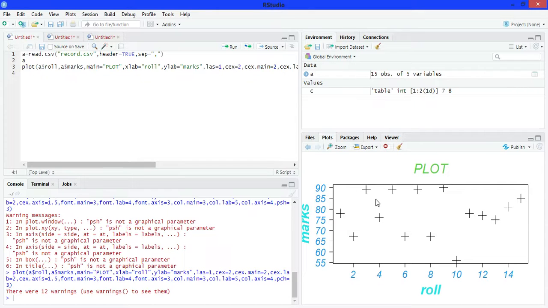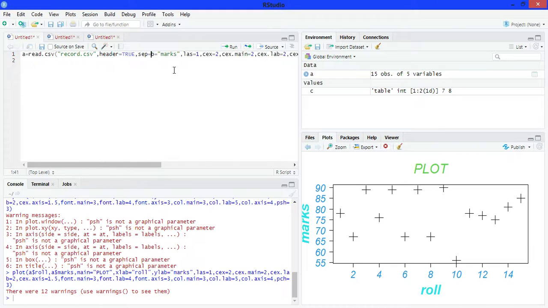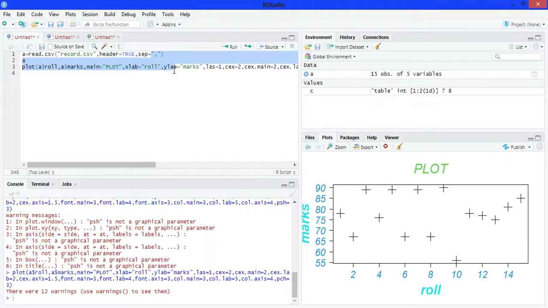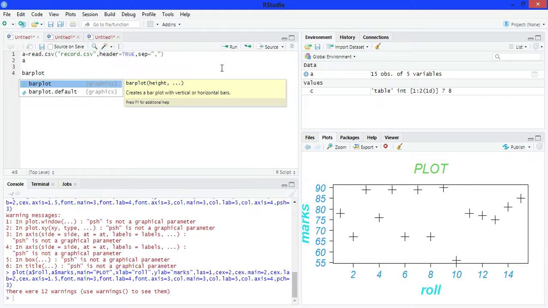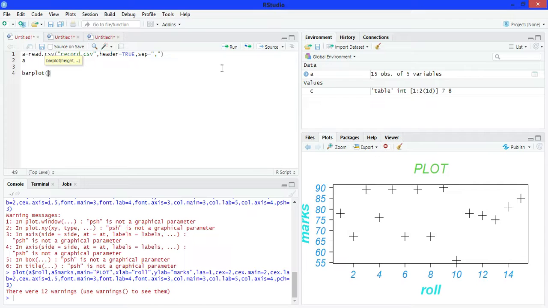Okay. Now see, clear this. Make a graph for marks. Write barplot and pass dollar, marks.